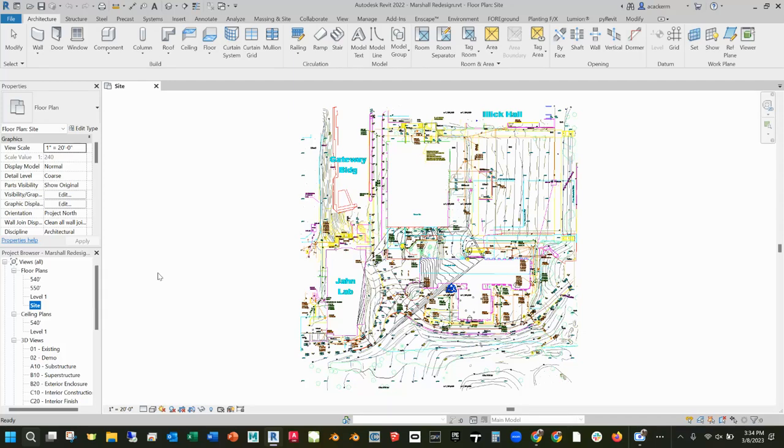Something that we will need to sort of wrap our head around right away is for every one of our plans here. And remember, some of them are just generated from levels, right? And we don't actually use them for anything. But for every drawing we make, we need a copy of our site plan. So, I will show you what I mean. So some things that you want to get